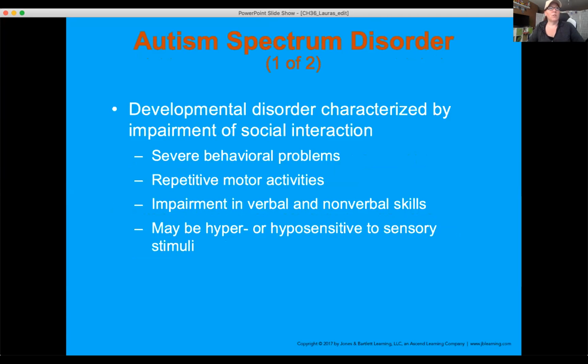All right, spectrum disorders. So it talks about the autism spectrum. We refer to it now as primarily the spectrum. Spectrum disorder occurs more often in boys than girls, although we can have both boys and girls, females and males, can end up with spectrum issues. Some of them are severe spectrum issues that encompass a wide range of symptoms. Some of them are just very specific symptoms that fall under the spectrum range.